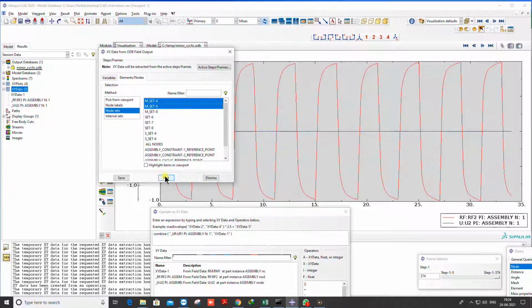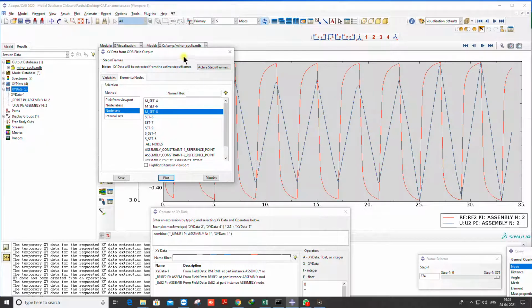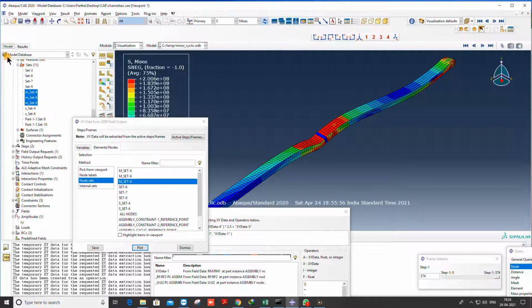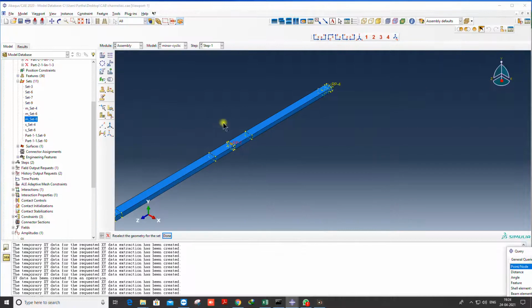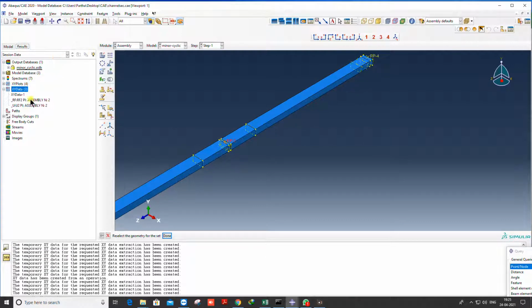So these two supports, you can take the reaction forces, and you can simply take MSET8. MSET8 will give you the displacement. Whatever displacement you have applied is at MSET8. MSET8 is nothing but this point, the center point. So once you get those data, you can simply take it from here.